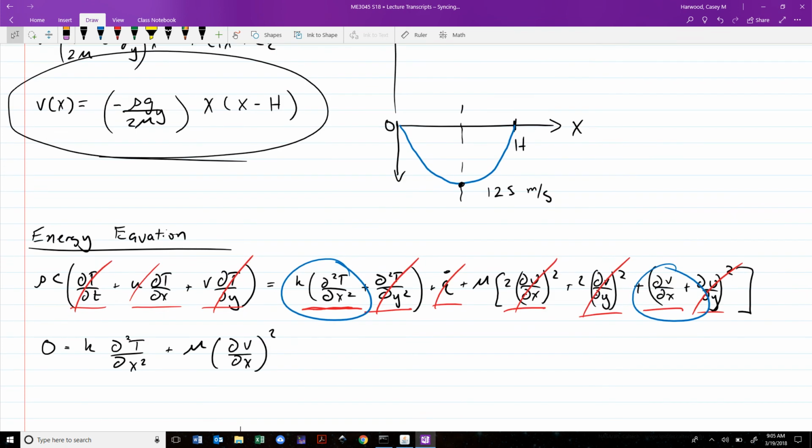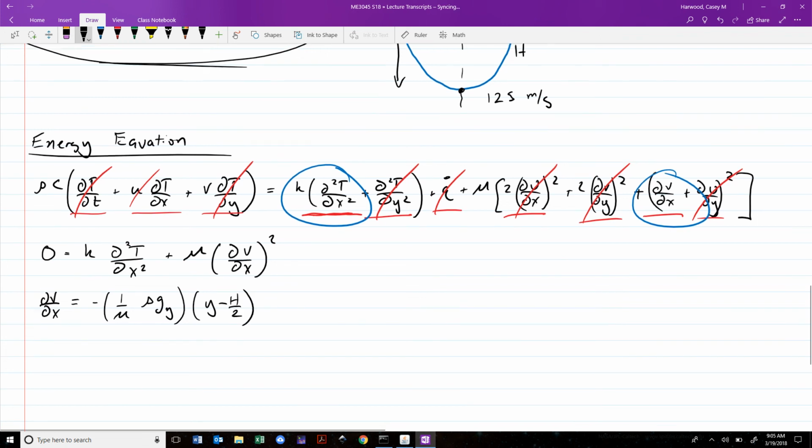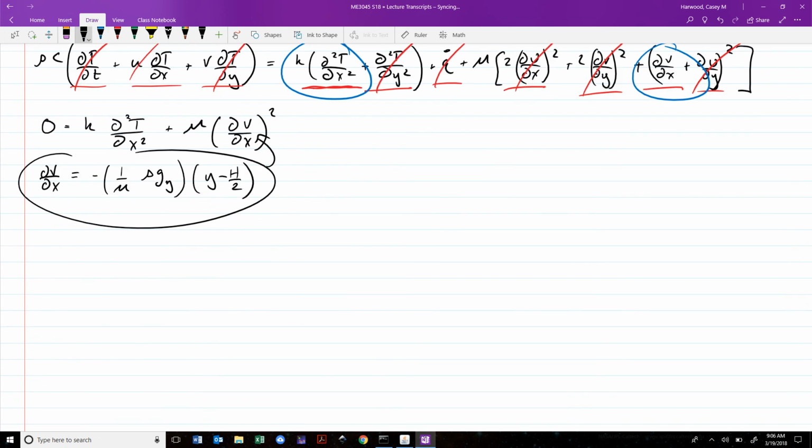Because we've got v from our previous solution, if we figure out our equation for dv/dx and plug that in, then we should be in good shape. So in this case, dv/dx is going to be equal to negative 1 over mu rho g y minus h over 2, and we plug that into this expression here, and we should be able to isolate our d squared T